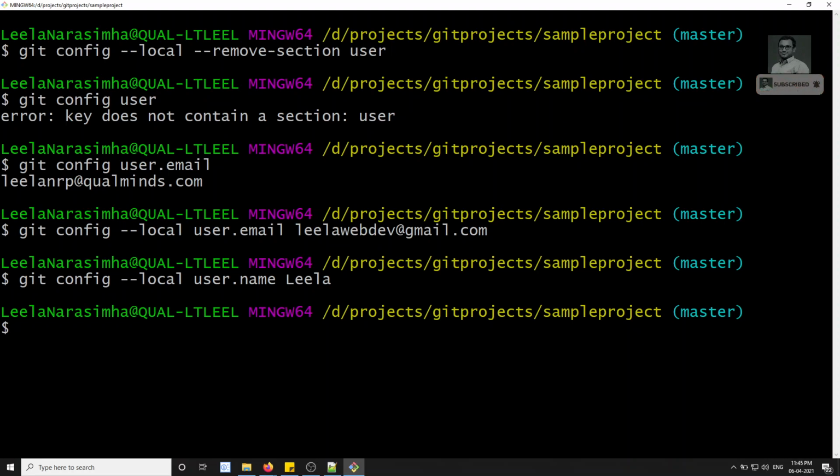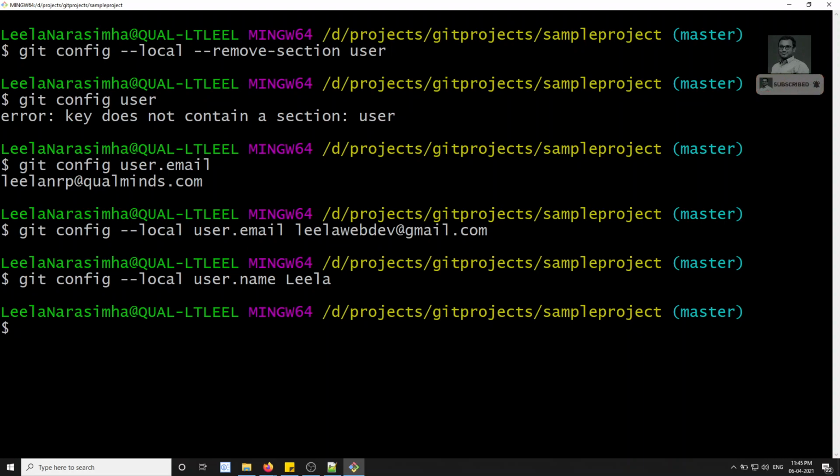So this is how we can set the configuration in the local or in the global. If you use --global, it will be set automatically, or otherwise you can go to the folder, go to the file and change it. If you want to unset a particular key, you can use --unset, or if you want to remove a complete section, we need to use --remove-section. So this is how we add the user email and username, and remove the username and user email. Not only this, we can remove anything in the configuration file using this command.